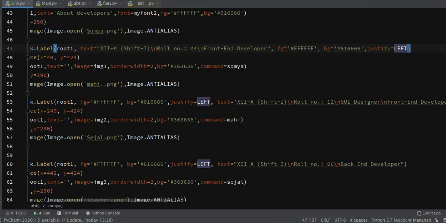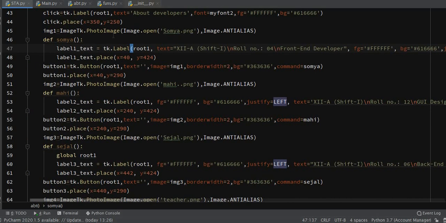You can recall that in the beginning we have imported left, especially this is the VIP. So keep that thing in your mind. If you want to align your text, you can do the same thing. This can be done with the label function or button as well. And then I have just placed my label inside the user defined function only. And then you have to place your button and see, that's all.